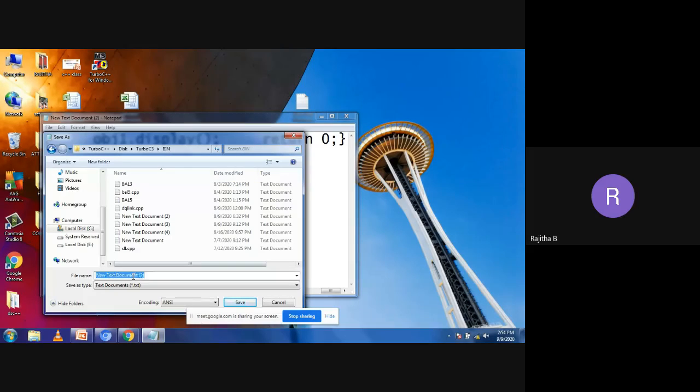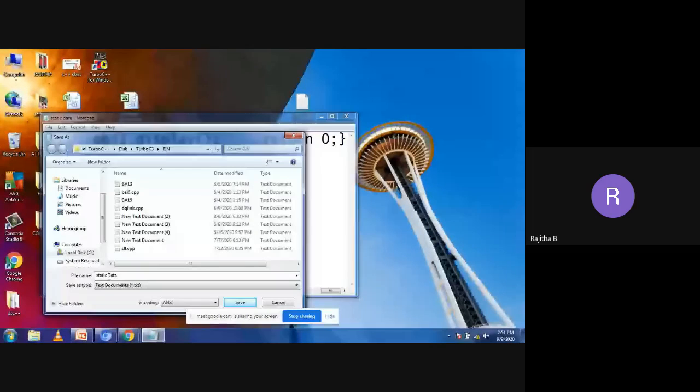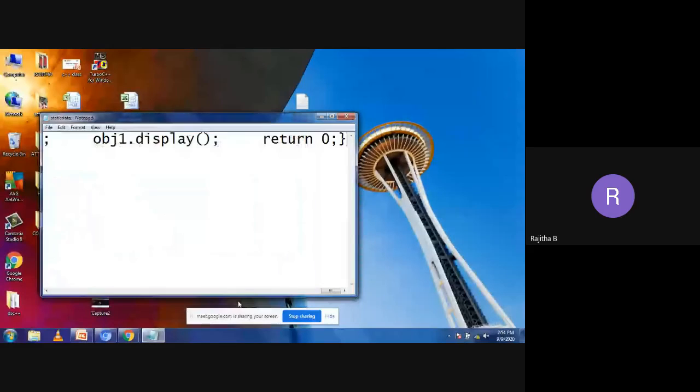This is static data dot cpp extension. Don't give a space, the spaces will not be accepted here. Dot cpp. Now I'm going to open this with Turbo C++.